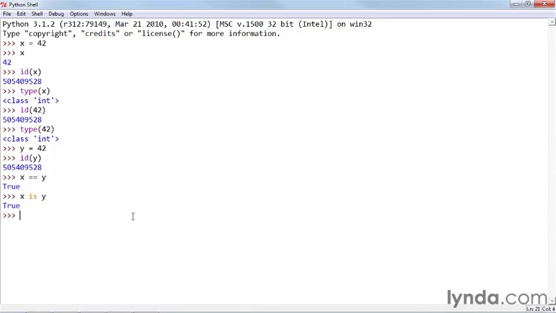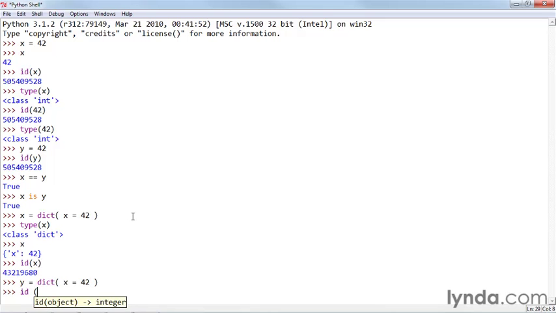So let's say that I have a mutable dictionary. And I say x = dict, and I'll just give it x=42. And so I now have a dictionary object. And I say type(x), and it's a dictionary object. I type x, and I get that, which is the dictionary object. And I type id(x), and it is this. Now, if I create another dictionary object, and I say y = dict, and I say x=42, I give it exactly the same contents, and I say id(y),